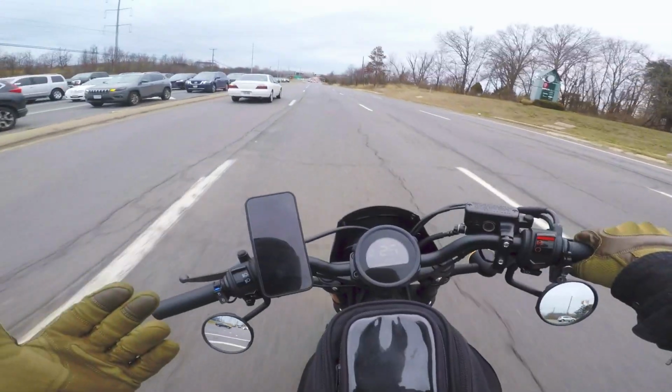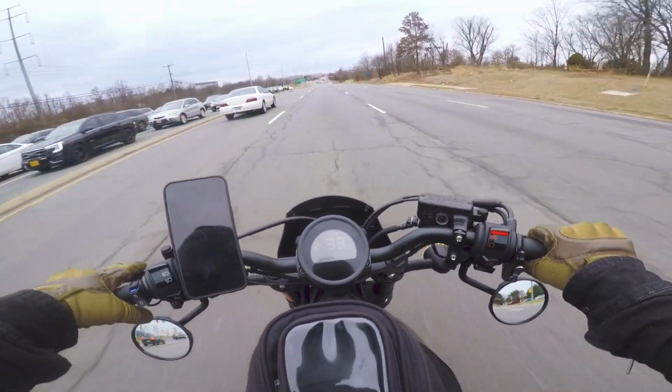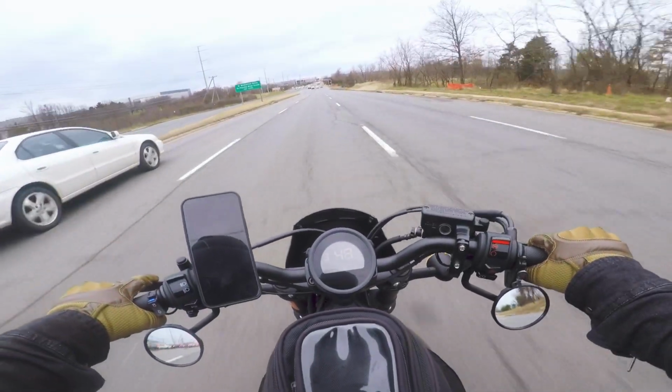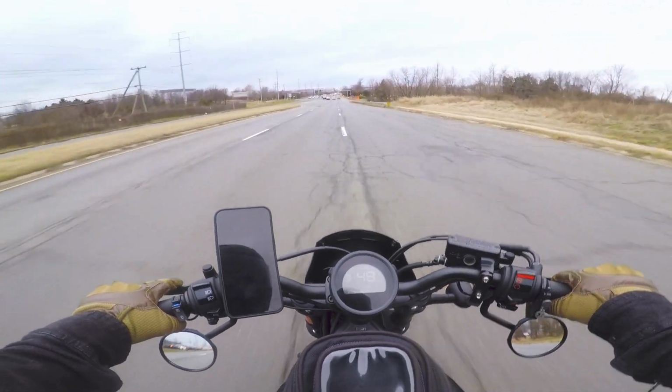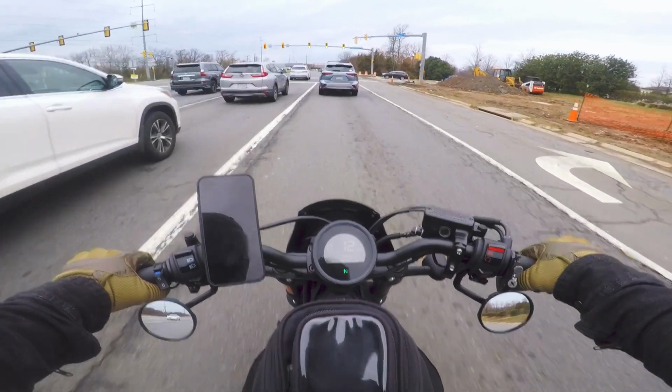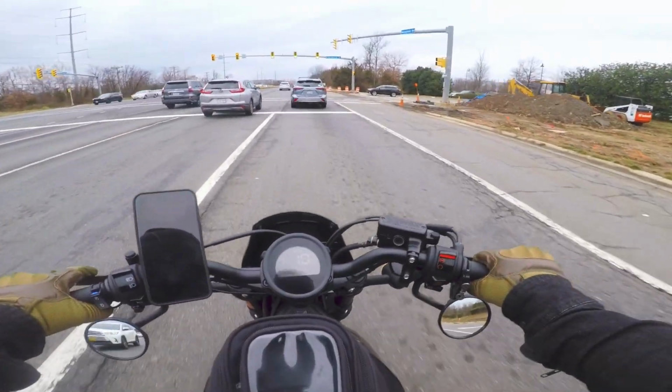I even taught some of my friends who are not into motorcycles at all. They rode this motorcycle for a few feet and they fell in love with motorcycles, which is amazing. It makes me proud. And on that topic, you can actually share this motorcycle with others,